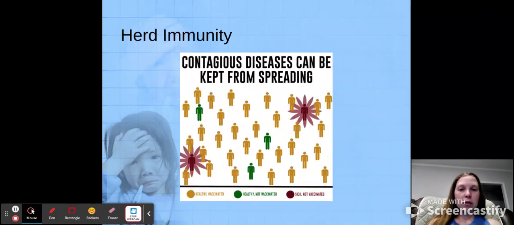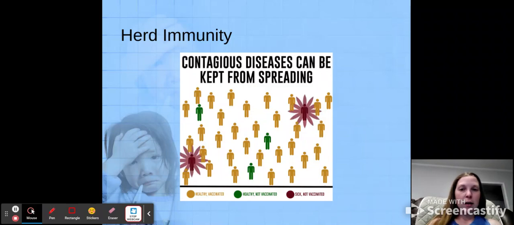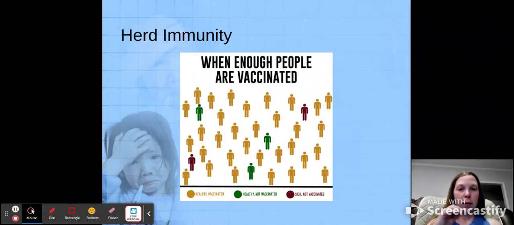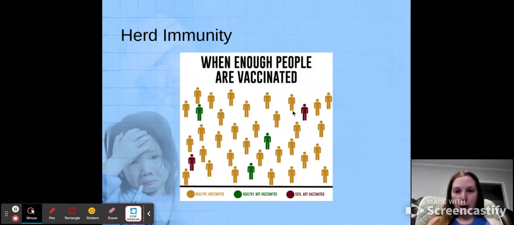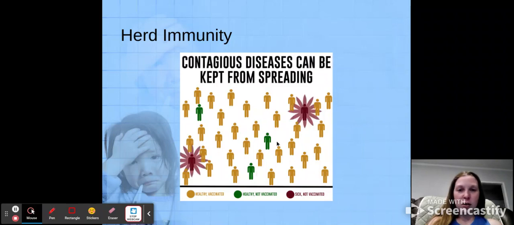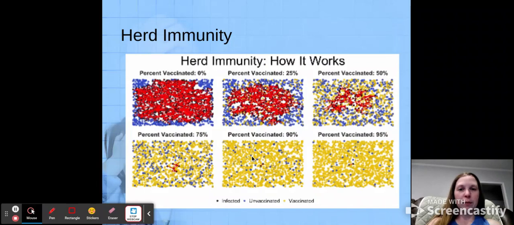So this is just a little gif to show you what that looks like. Contagious people can't keep it from spreading, and we've got the healthy vaccinated. As you can tell, they're away from the ones that are not vaccinated, and they can't spread it nearly as easily. And here's another one to just kind of show you. You can see how much slower or little the amount of movement of the disease goes with the more vaccinated